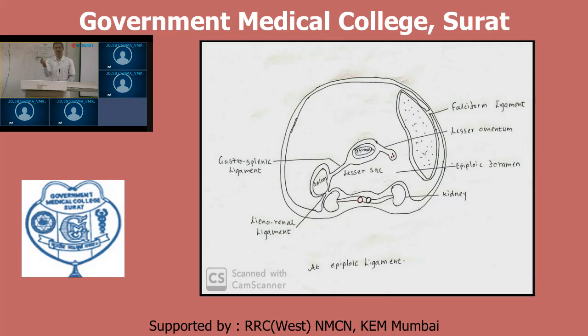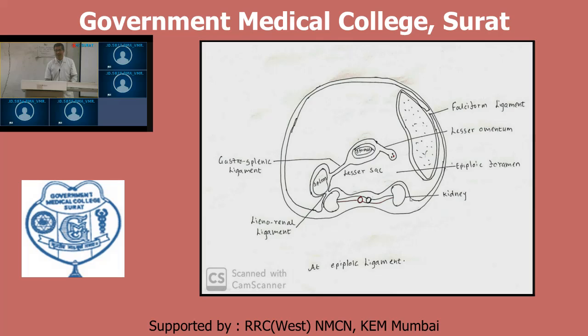And now here again we can trace peritoneal deflection. This is liver. In relation with anterior aspect, there is presence of falciform ligament. There is reflection in relation with this inner aspect of abdomen, like this. And after reflection, this is tracing at the level of epiploic foramen. Now it will cover this right kidney, right suprarenal gland, and continue inwards inside this lesser sac. After covering inferior vena cava, aorta, then it will cover this kidney. Which kidney? Left-sided kidney. And inside this lesser sac, it will form one ligament, lieno-renal ligament.